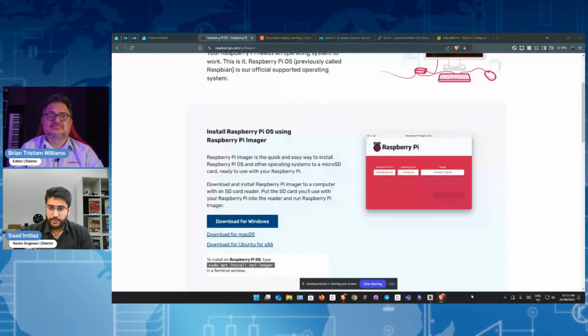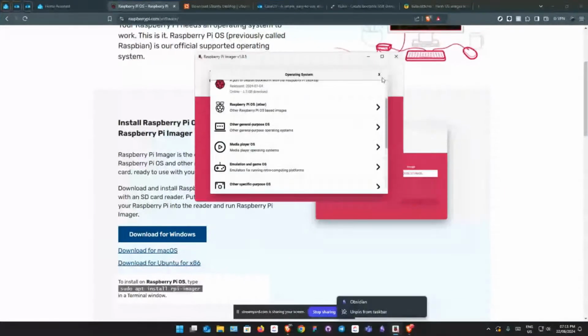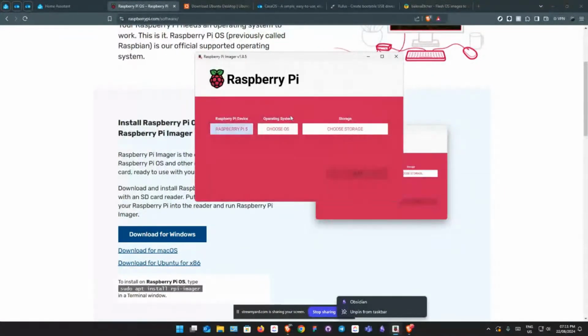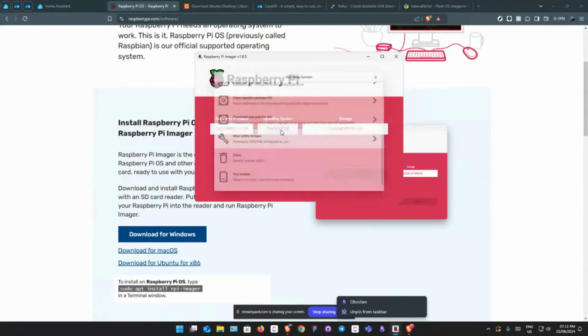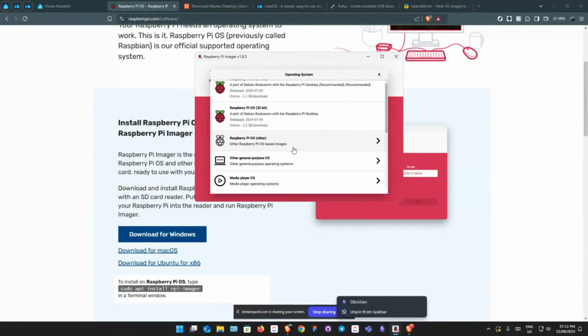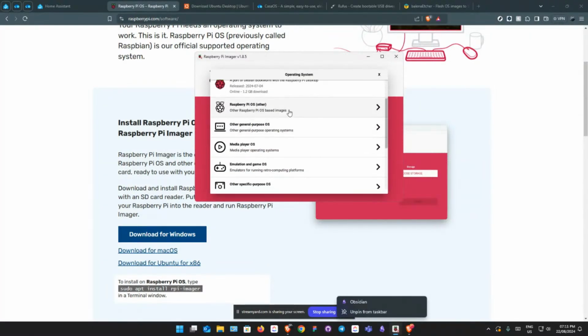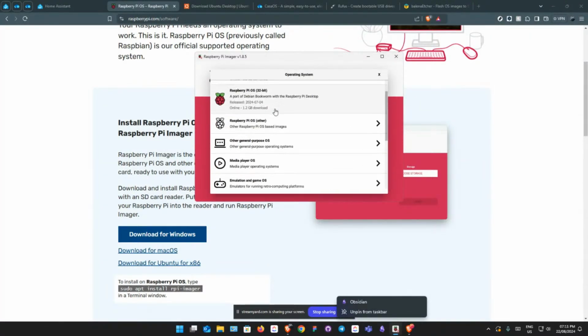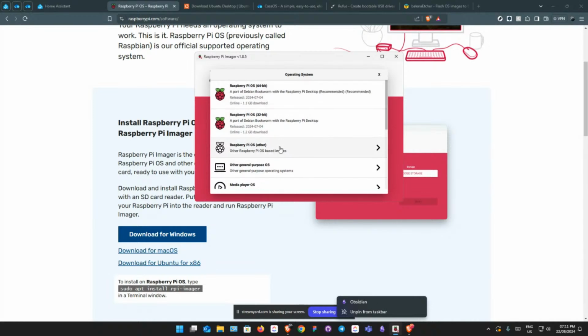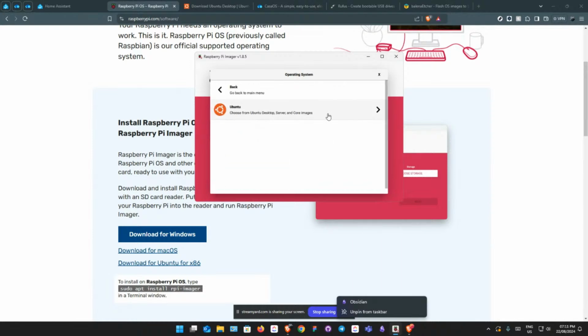Okay. So first of all, you have to select the Raspberry Pi device you're going to install on. Let's say a Raspberry Pi 5. And on the OS side, they have a lot of OS you can install. These are the basic ones, no brainer. But if you want to install, let's say, Ubuntu, you can install it on Home Assistant on Ubuntu, or